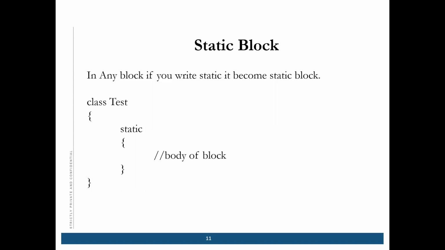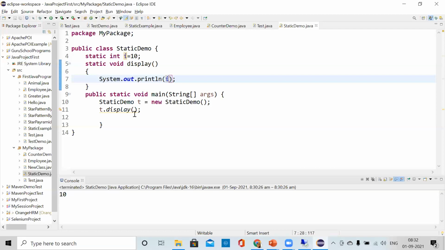Without main method also, we can print whatever there is inside the static block. We don't need main method. This is a very important interview question. Like this program, I cannot print anything if I don't have any main method. You saw? I cannot print anything. But as soon as I wrote the main method, I can print whatever there is in the display method. So display method can print only when we write the main method.